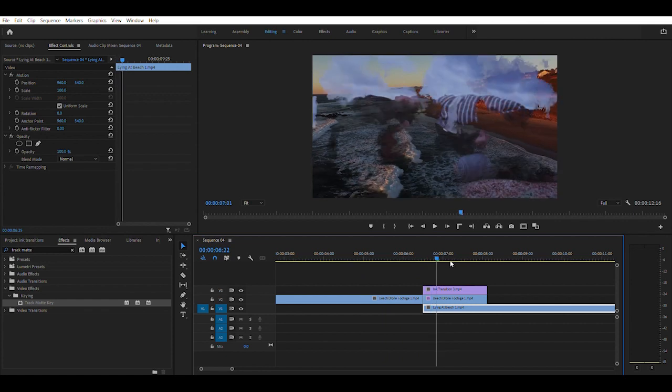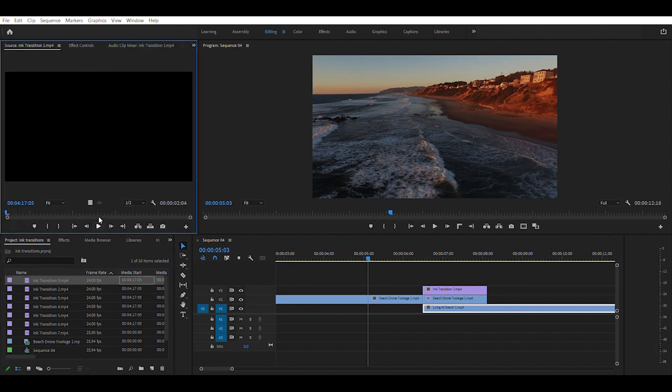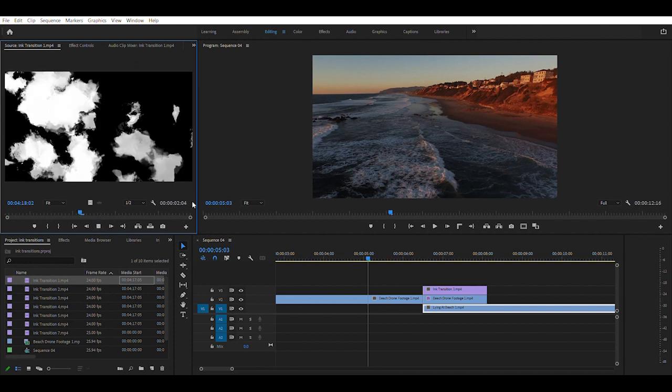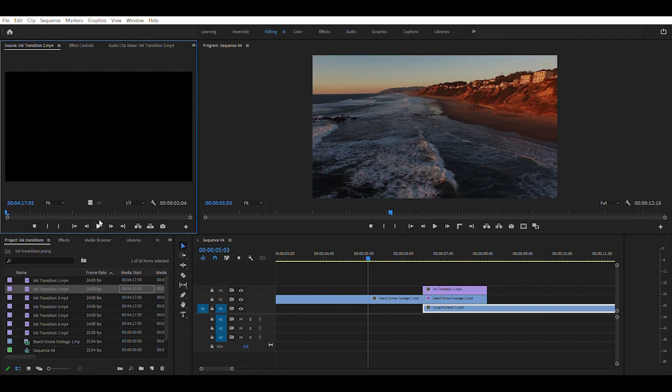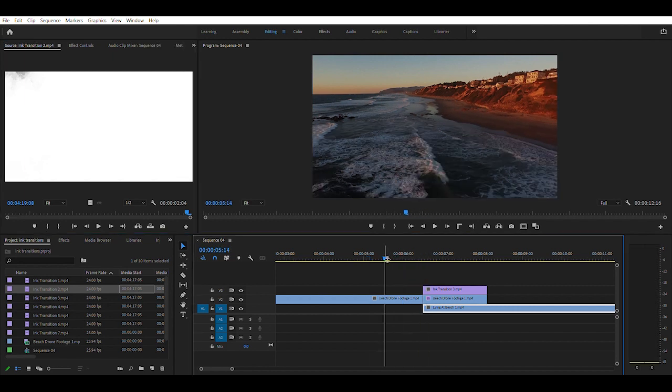So you will get something like this, and also note that there are many transitions in the pack, 1 to 7. So you can use any of the transitions in your commercial project. It's free to use, by the way. So I gave it to you for free on Google Drive, and just see the transitions. There are many transitions which you can use, and you should use just this technique for any of the transitions. I personally use this transition for my outro and also for my intro. So I will render this out and show you in a snap.